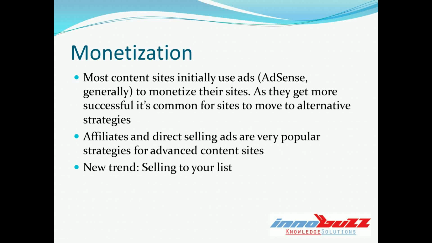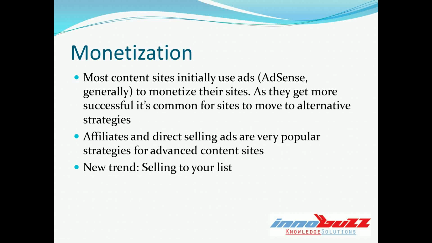Now, we'll fast forward a little bit. You're a little more successful. You've broken ground. You're getting maybe, say, 10,000 unique visitors per month, just to say. At this point, your site would be deemed somewhat successful. You're certainly not a small little fish anymore. So you can begin looking into doing other things like affiliating with other people or doing direct selling of ads. Although maybe 10,000 is a little bit short for direct selling. Typically, it's better to do that once you get a little bit more traffic coming in.